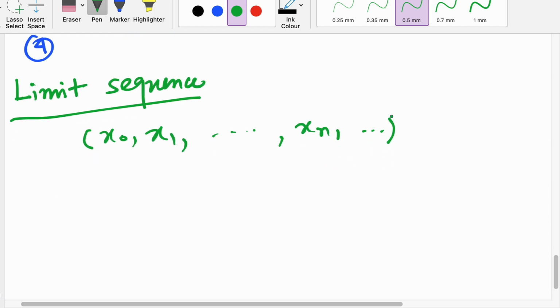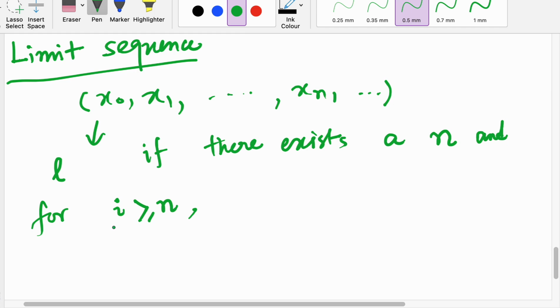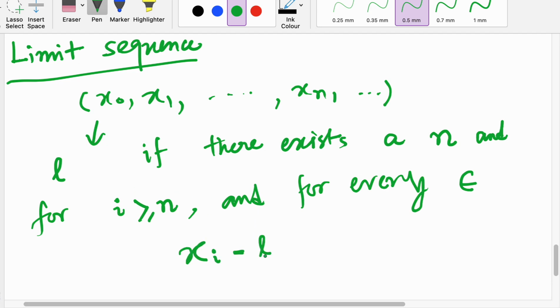Now we will say that this sequence has a limit L if there exists an n such that for all i greater than or equal to n, and for every possible positive number epsilon, you will find that xi minus this limit L, the distance between xi and L, will always be less than or equal to epsilon. So if it holds, then we will call that the limit